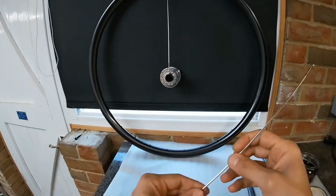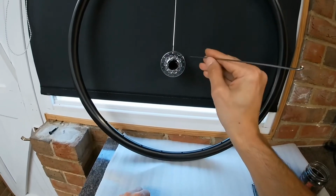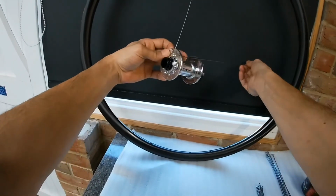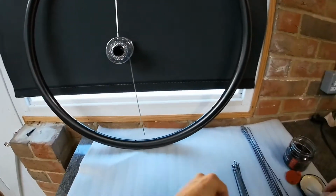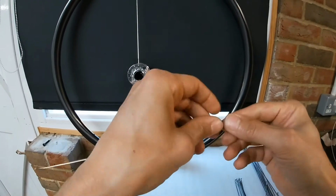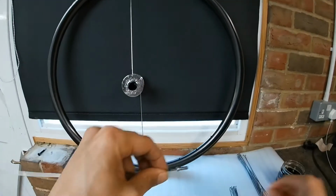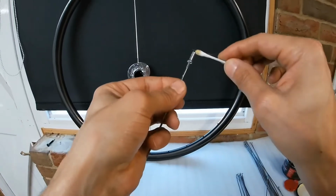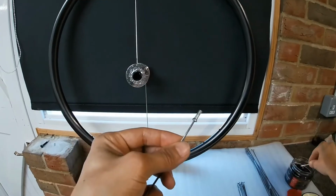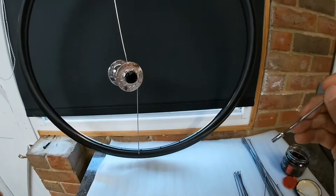installed. Grab another spoke. Then it doesn't matter which way round you go. We'll go right. See, miss one hole. Grab another nipple. I'll just use another spoke just to insert a nipple into the hole. Otherwise, it's not much fun when you drop them into the hollow part of the rim and try and get those